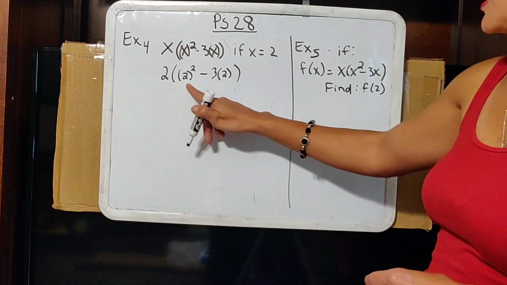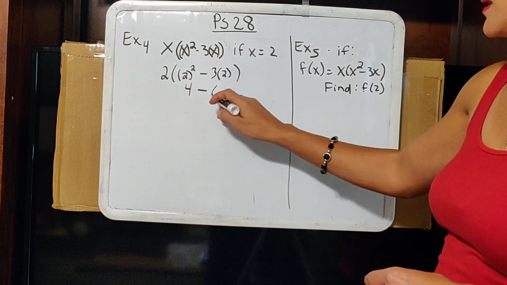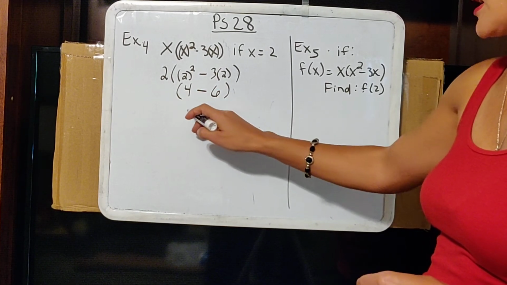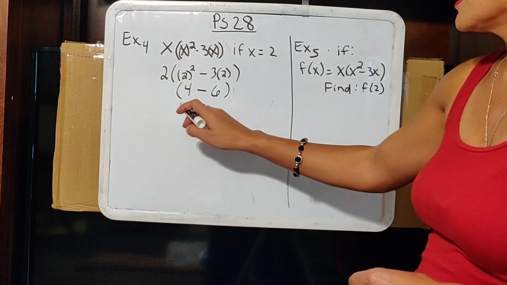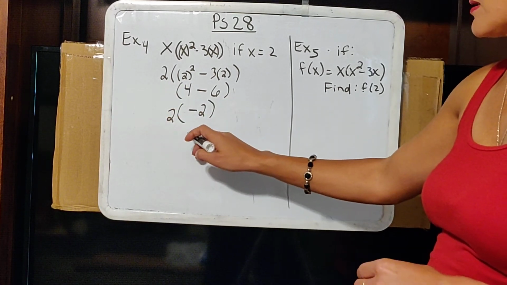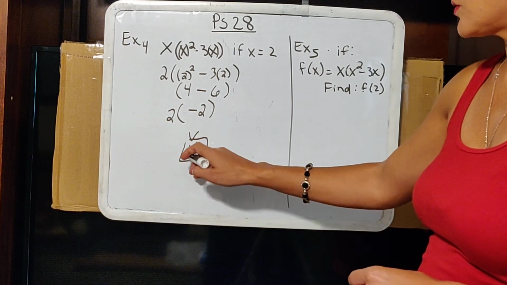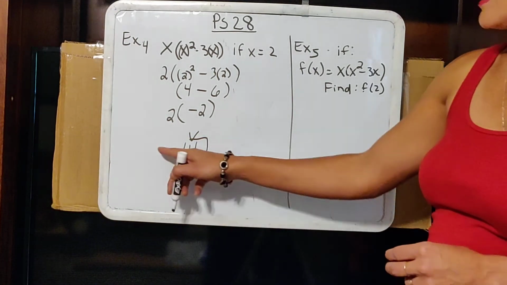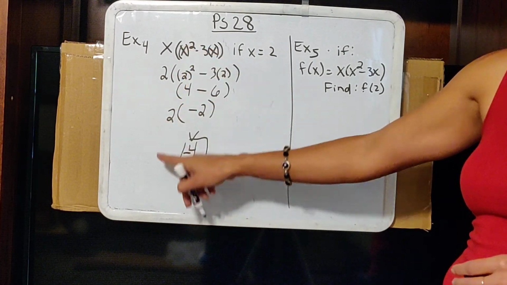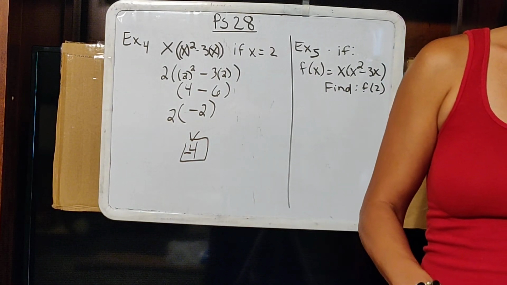Now, following the rules of PEMDAS, I'm going to do the exponents first. So this is 4 that I'm going to multiply times 6. This is all in parentheses, so the next step would be to do subtraction, so that would be -2. And then this is still in parentheses because that's being multiplied. So we see that the answer is -4. Now notice I didn't say x equals -4 because I'm not solving for x, I'm evaluating for x, so the answer simply is -4. Okay, so moving along to the next example,